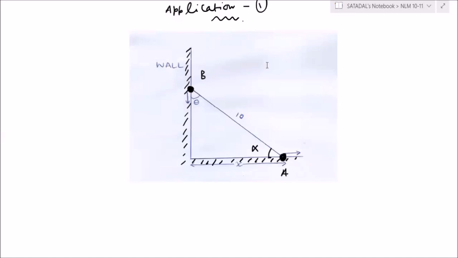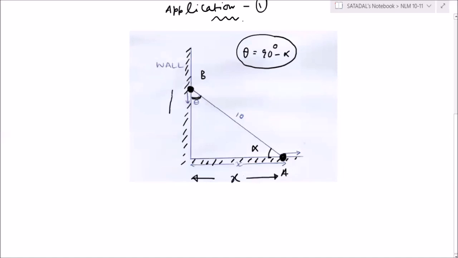So as from the diagram, we are taking this angle as alpha. We are taking this angle as alpha, and this angle is theta. Theta means how much? Theta is coming to be 90 degree minus alpha. Okay, is that fine? Right. We are going to take this as x and this is y. All right.